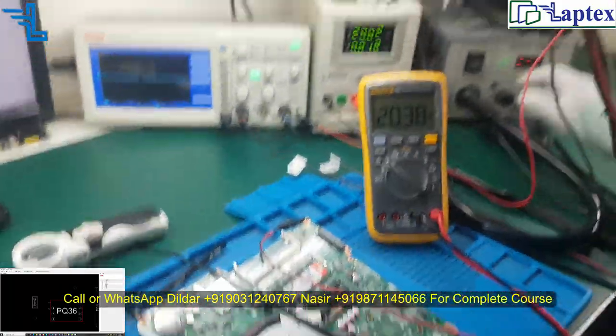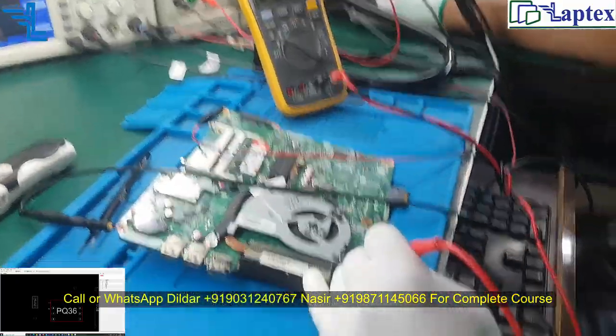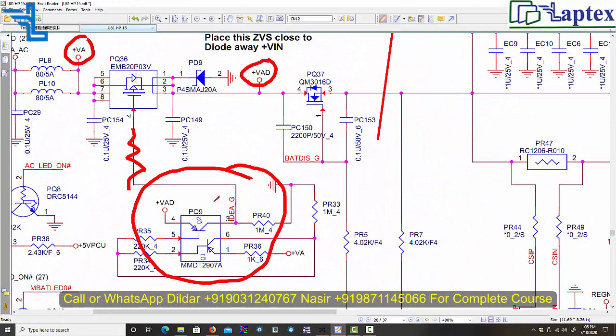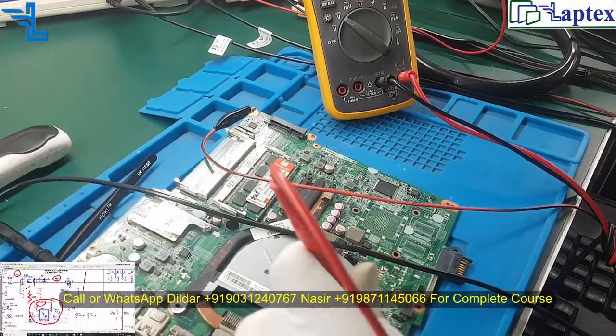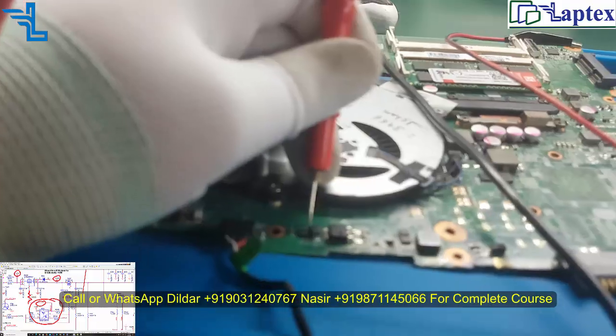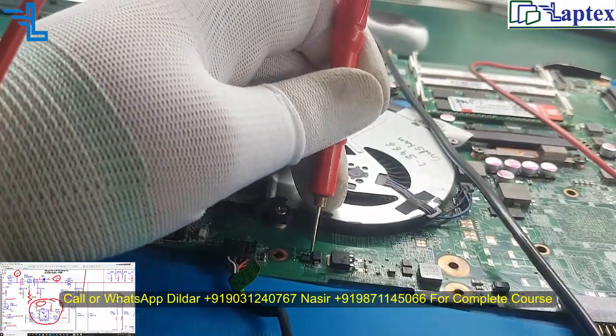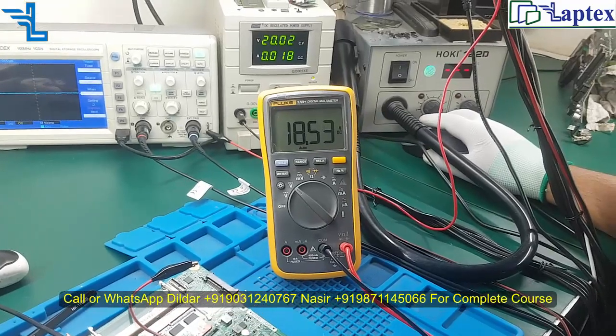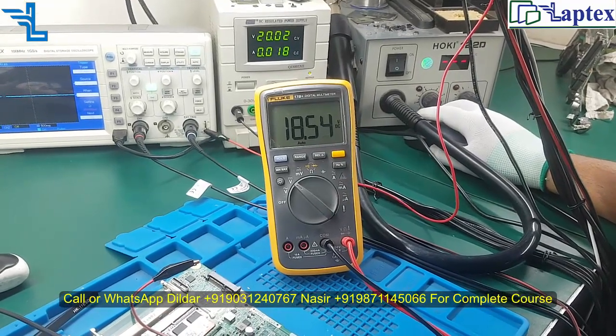Now what is required here? If you see in the schematic, here we need to get 16 to 17 volt on the gate. So let's check the gate area. Now I am checking the gate area. So here is the gate section. Now you can see 4.5, it is almost right, and we are getting